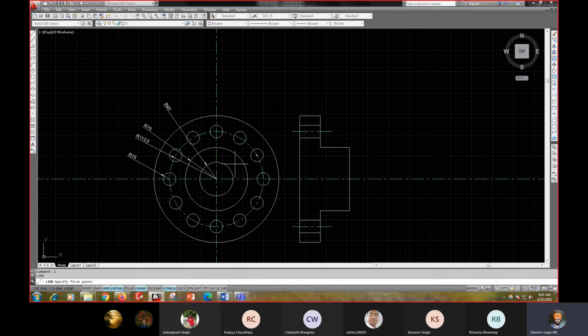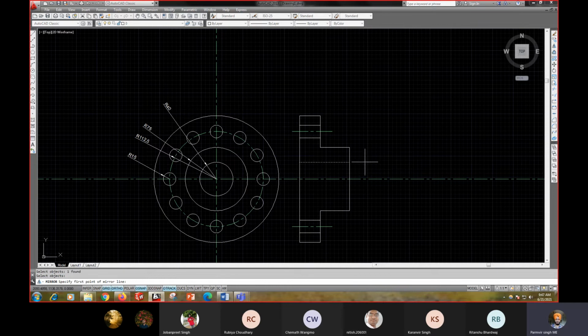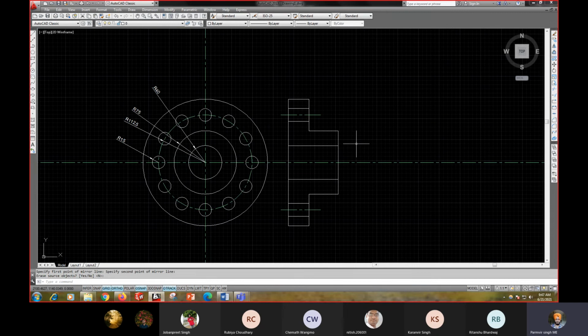Okay, so with the help of object snap tracking, F11, from here I can track the point, then define the point. Now next one you can use the mirror command also. Select the mirror, select the object, then give the mirror point, then OK. Now you can see your side view is almost created.